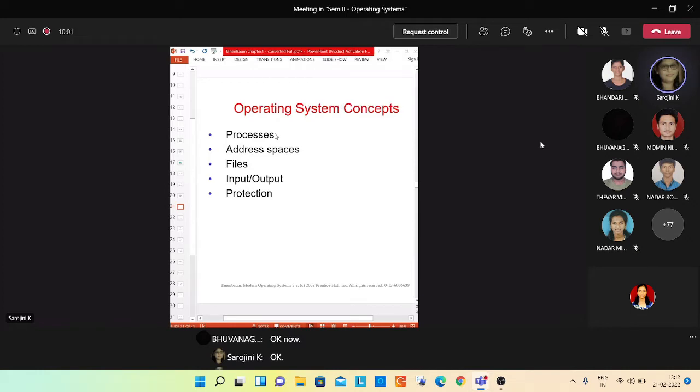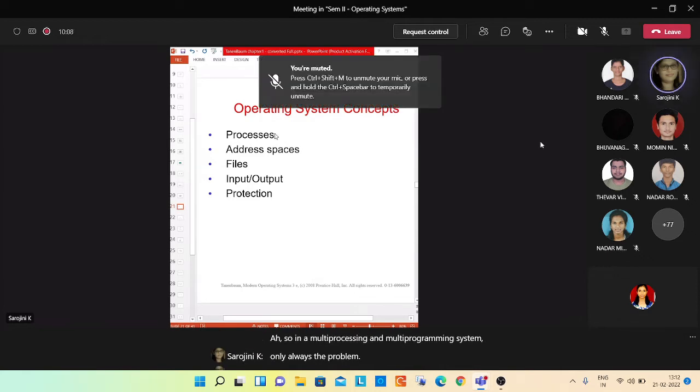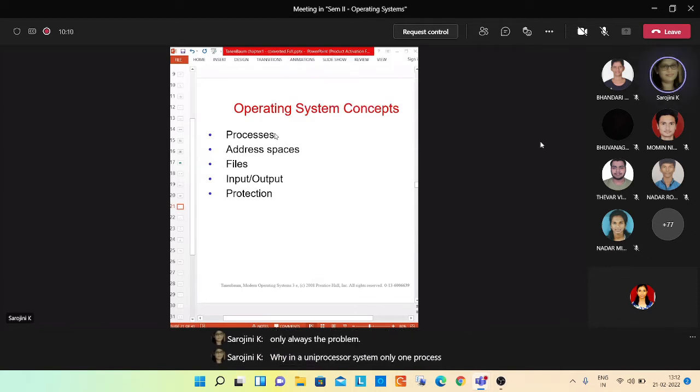So in a multi-processing or multi-programming system, there is always the problem. Why? In a uniprocessor system, there is only one process; suppose you can open only one application at a time. No problem at all. You will open one process. There is no need of an operating system because that one process will comfortably use the entire main memory. So we need not share the main memory.